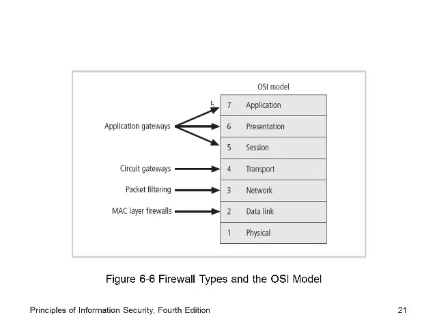Okay. All right, here's the firewall types. We've got the application gateways, obviously work up the application layer. And actually, if you remember anything about the TCP reference model that you learned about in Intro to Networks, the top three really get combined. Okay, so the application layer, application gateway firewalls work on the top three layers. Then we have circuit gateway. Then we have packet filtering and MAC layering. So why doesn't MAC layering firewalls work at the top levels? Well, because they don't care about the MAC address. MAC address is way down there at the media itself.